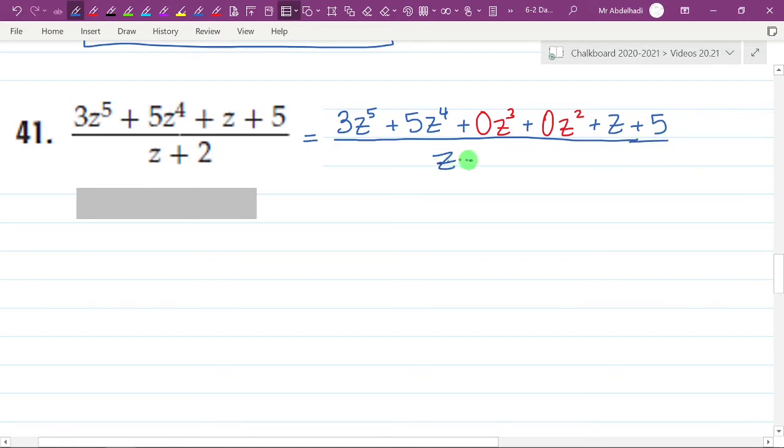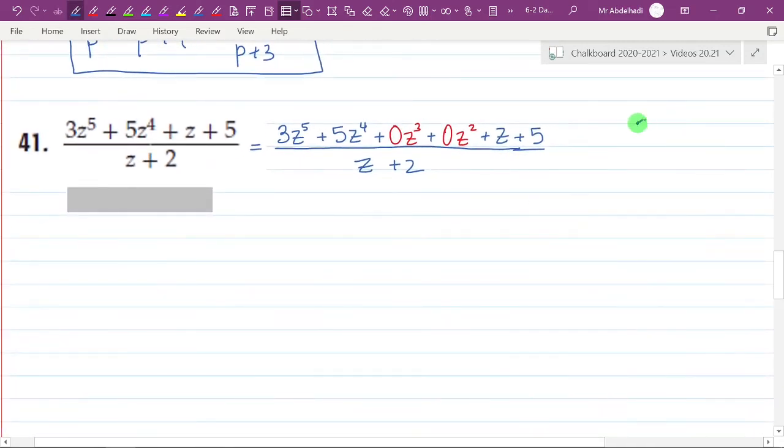Now this is z plus 2 on the bottom. This is in the form of x minus c. In other words, it's a letter without anything in front of it, without any powers, and then a number in front of it. So take that z plus 2 off on the side here in your scrap area, set it equal to 0, and subtract 2 from both sides, and you'll get z equals -2, and that will be your divisor for the synthetic division. So come over here, put that -2 over here, draw your double wide,